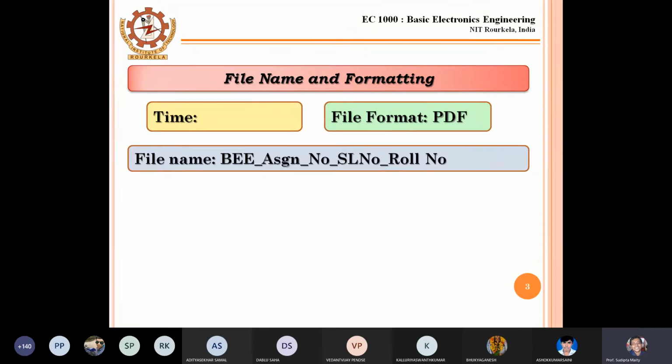Suppose one student has 4 pages and is giving 4 images. Don't do that. Make one PDF and give it as a single PDF, because we have to store all data for giving the marks, and we have lots of students. So we have to track each and every copy. If you give 1, 2, 3 pages like this, it will be very difficult. So you have to give it in PDF format. Is it clear or not?